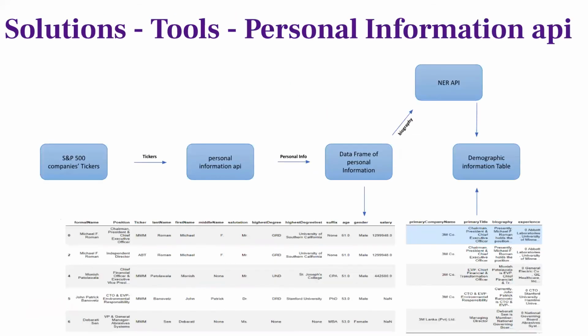We also use some APIs to help us with the information gathering. This is my process of how I deploy these two APIs into our project. In our scenario, we use the tickers for our target companies as the input. I bring this input in and connect with the APIs that will return a very informative data frame that contains the demographic information of the board members of S&P 500 companies, as the graph on the slide shows. I also bring the information of the biography column to the NER API, which provides the named entity recognition service to help me parse out the information of previous employment. And that's about my part, and I'll pass back to my team.